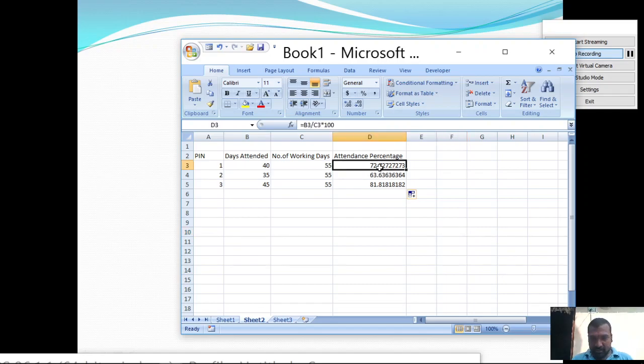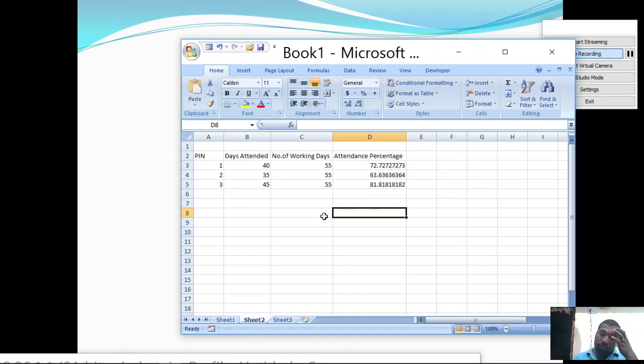So here for D3, B3 divided by C3 is the formula, right? For D4, what is the formula? B4 divided by C4, not B3 divided by C3. So it automatically updates the reference addresses continuously, for D5 it is B5 divided by C5, like that.